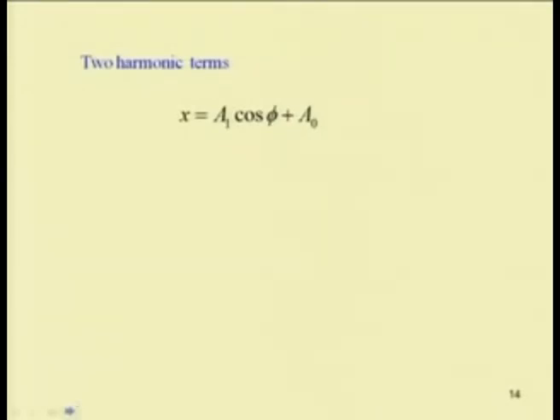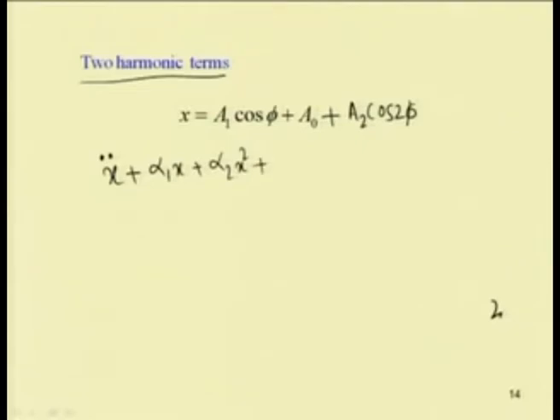So, in these two terms, we can take A0 plus A1 cos phi plus let us take A2 cos 2 phi. So, if you take two harmonic terms, then we can write x equal to A0 plus A1 cos phi plus A2 cos 2 phi. So, then our equation x double dot plus alpha 1 x plus alpha 2 x square plus alpha 3 x cube equal to 0 can be written